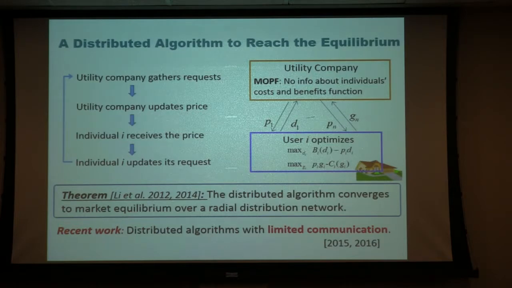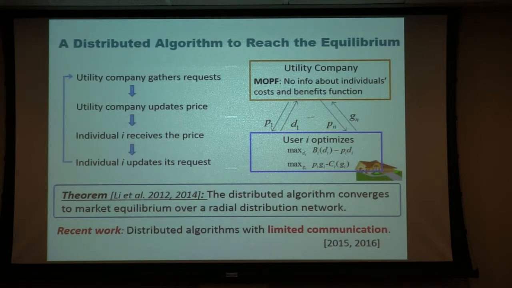Because two-way communication heavily relies on how fast the communication can be, how reliable the communication is, and exactly, do you have two-way communication? How many rounds of communication do you need? So we have a recent work, if you guys are interested, we can talk offline. We have a lot of recent work to address communication challenges.